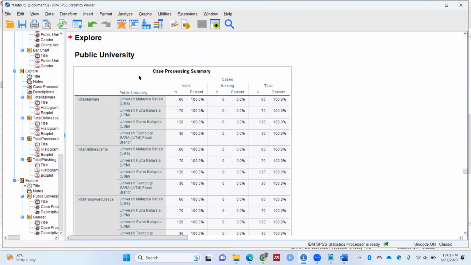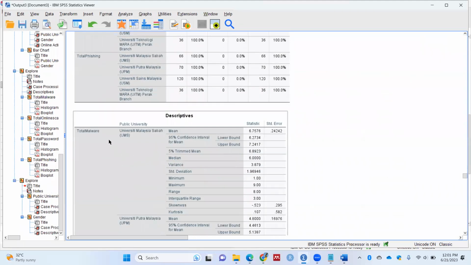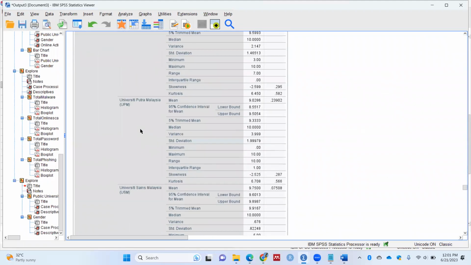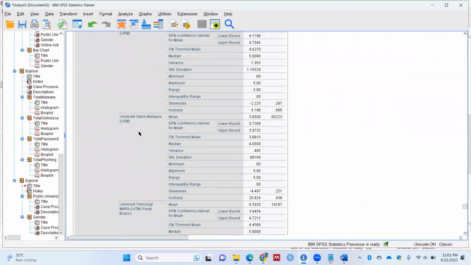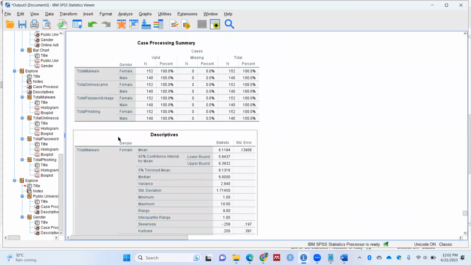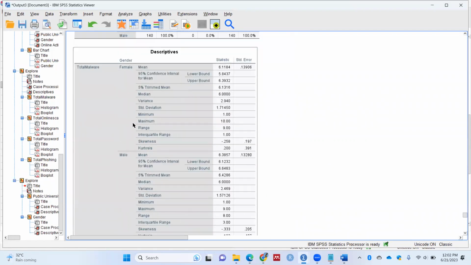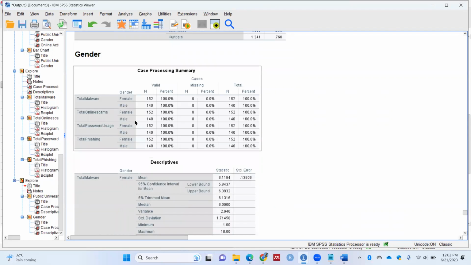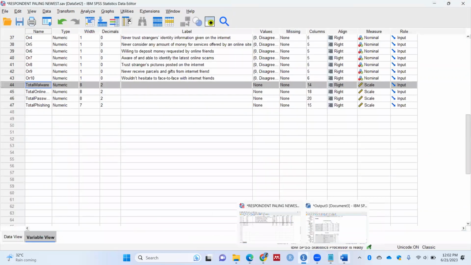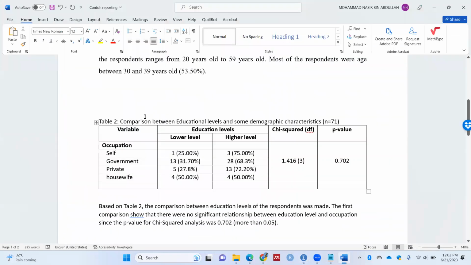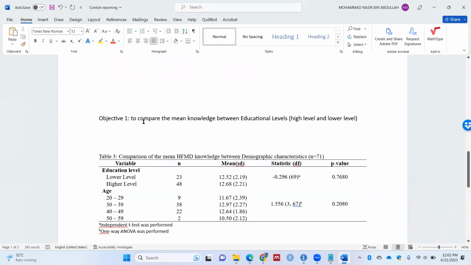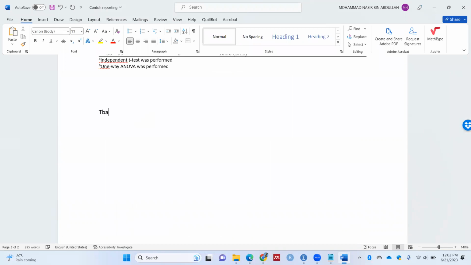This is comparison by public university. Another one is comparison by gender. Dia akan tulis by gender kat bawah ni. Sekejap ya. This is by gender. Right? So by gender kita dapat this one lah, the percentage, right? The mean and so on. So apa you boleh buat dekat sini, maybe table number,